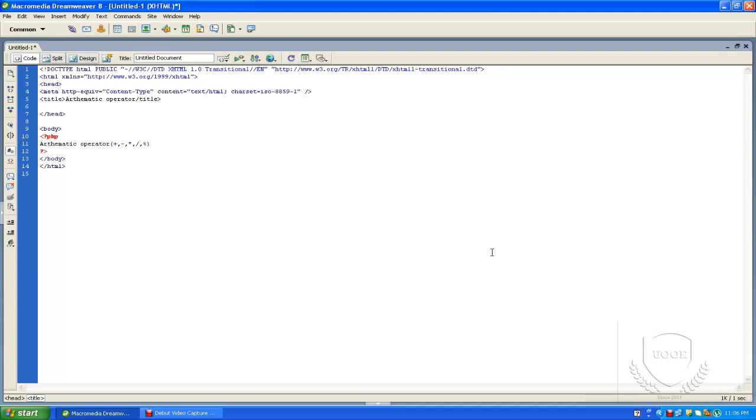So these are the properties of the arithmetic operator. I mean, using these features it performs some mathematical calculations.